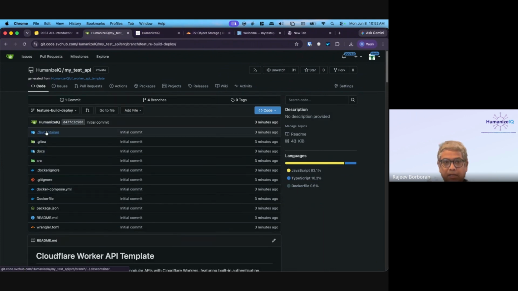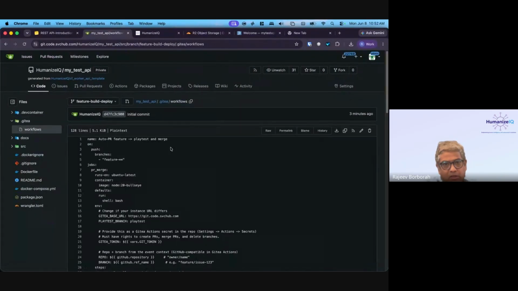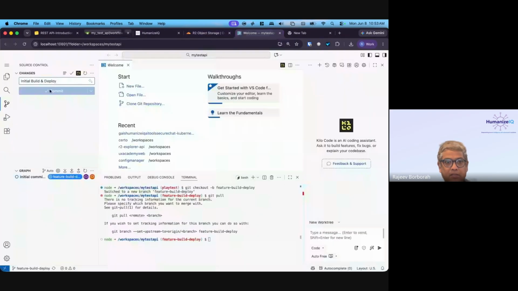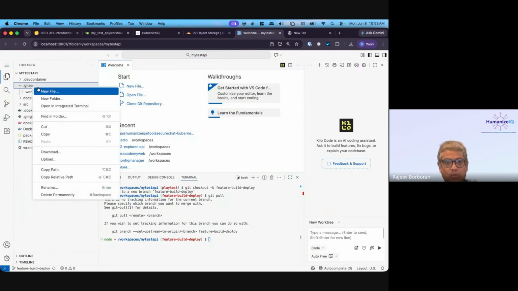That's because there is something missing in my PR. This auto PR is there. Git workflows. And what is this file? Oh, this is wrong. This file should not be workflow. The mistake here is that there should be a folder called workflows.